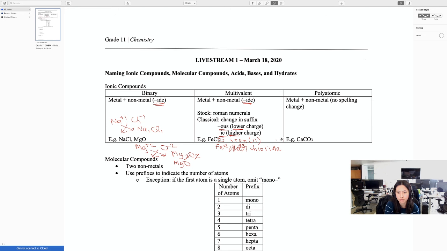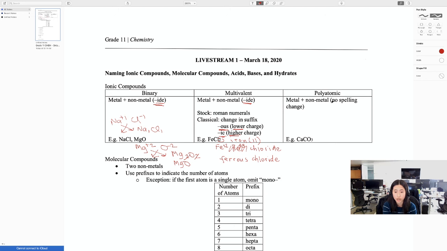Okay, on the other hand, if we're using the classical way of naming, that means you're going to have ferrous, right? So ferrous chloride. So we take the suffix OUS because we know that iron carries the lower charge, which is +2, as opposed to +3. Okay, so moving on to polyatomic, again, it's an ionic compound, therefore we have a metal